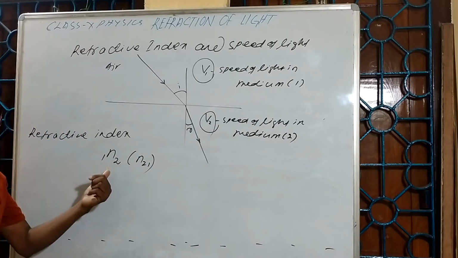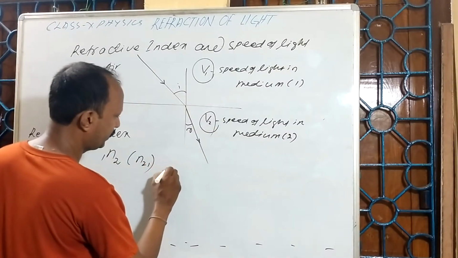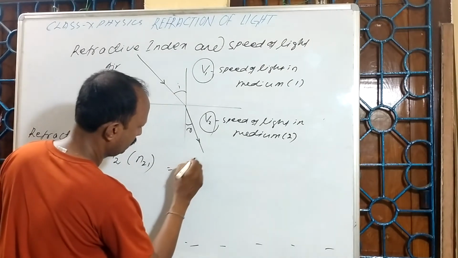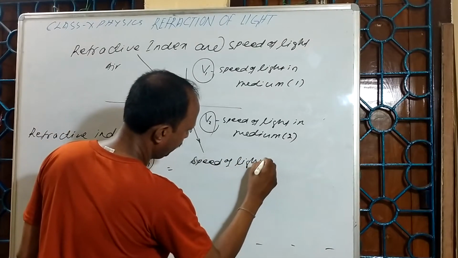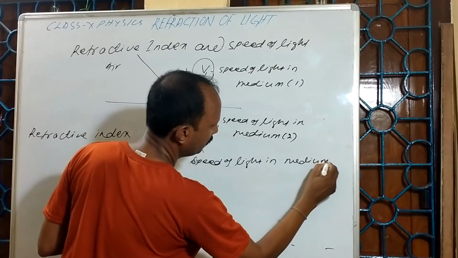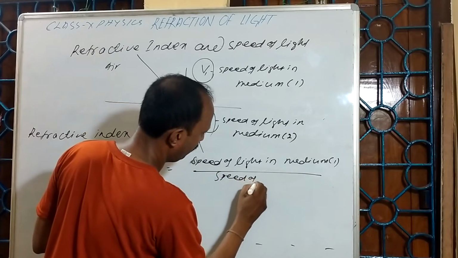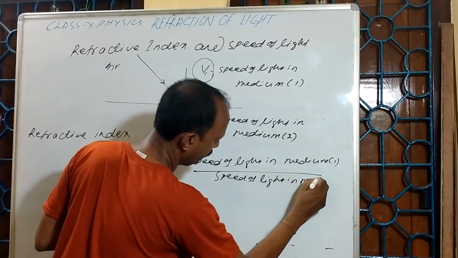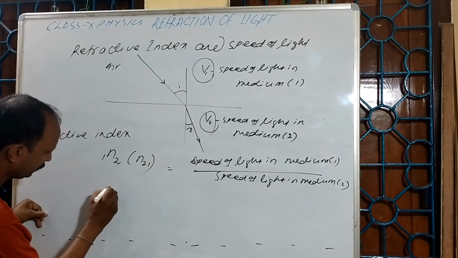Refractive index of the second medium with respect to first medium, we can write it as speed of light in medium 1 to the speed of light in medium 2, or I can write that